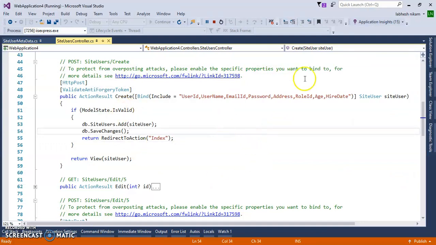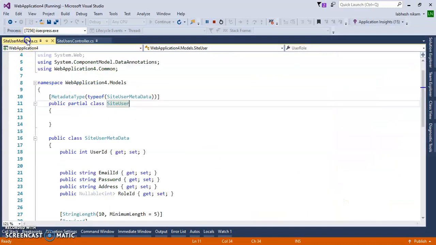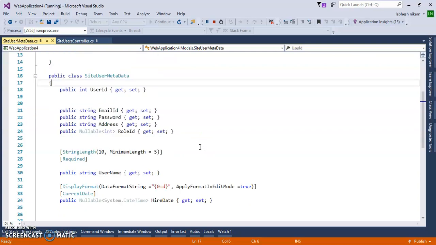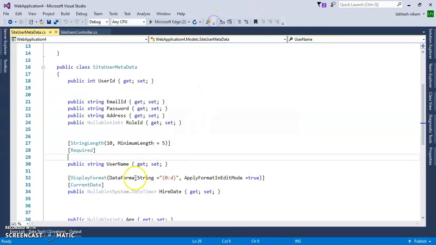This is my application, and inside the models folder there is the site user metadata class. This user metadata class contains the properties of the application. First I will use the validation for username. This is my username property, and here I will use the regular expression attribute.